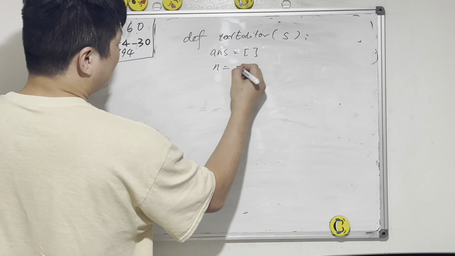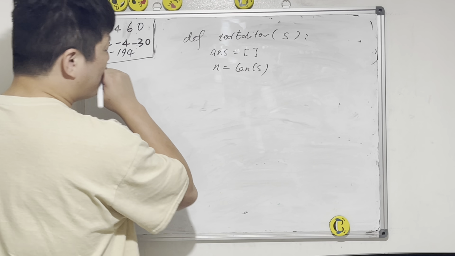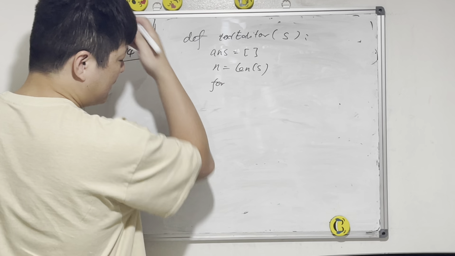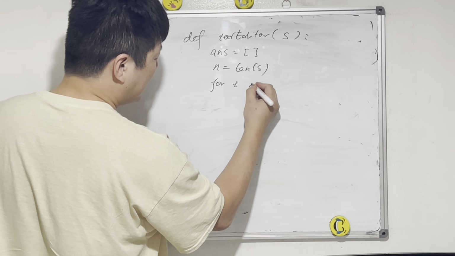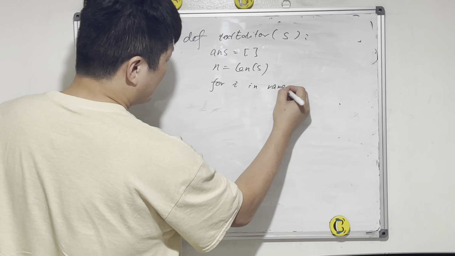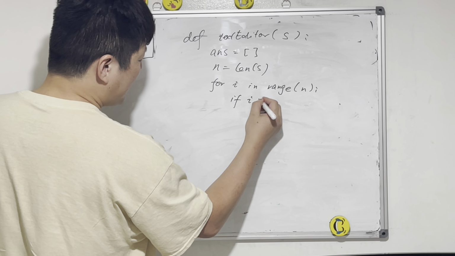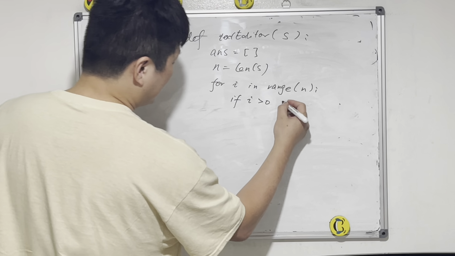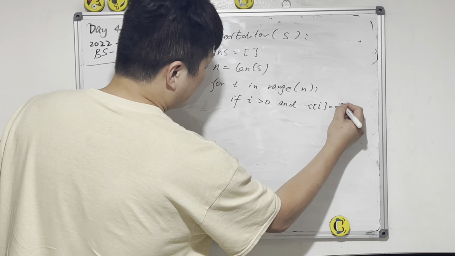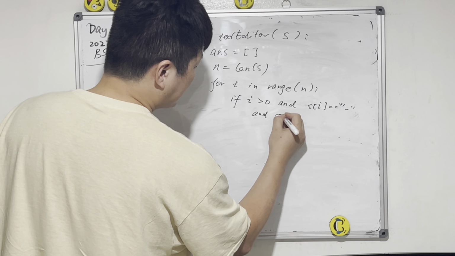Then we need to know the length n. Now we just go through: for i in range n, right? If i is bigger than 0, if it's on the second character, then we check s[i] equals minus and s[i-1]